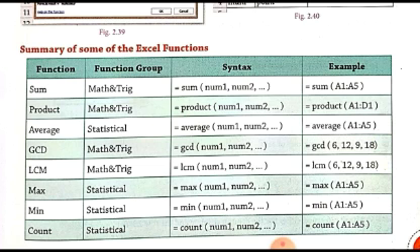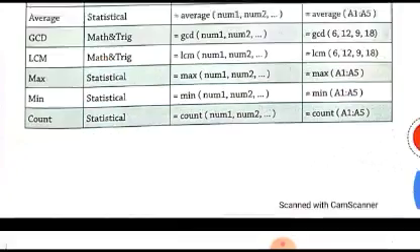Then the MAX and MIN functions are used for finding the maximum and minimum values in the cell range. Here also we are providing the cell range as an argument to the MAX and MIN functions. These MAX and MIN functions are defined as a part of the statistical function group. Then the COUNT function is also part of the statistical function group. This COUNT will also take a cell range, and it will count how many cells in the cell range have numerical values. Those cells having numerical values will be counted by the COUNT function. Now again some more functions are there.